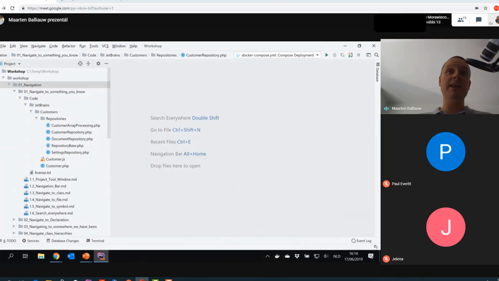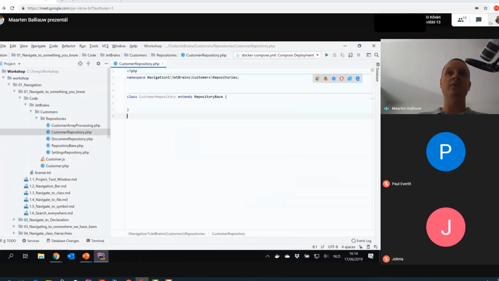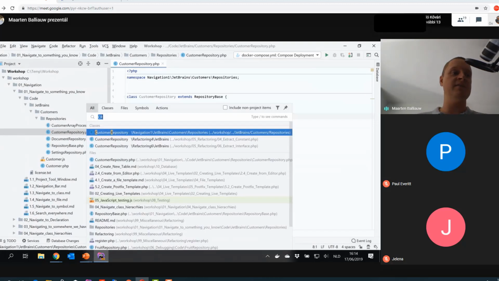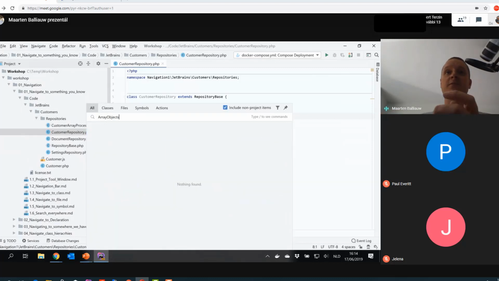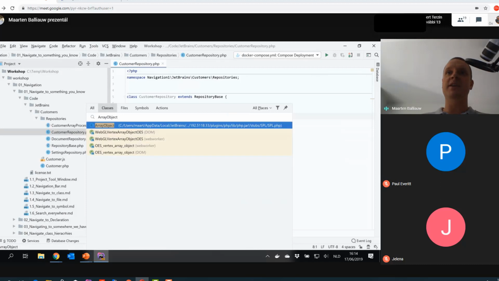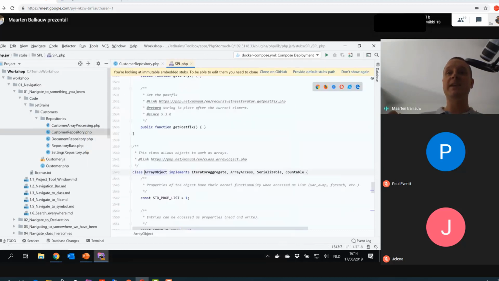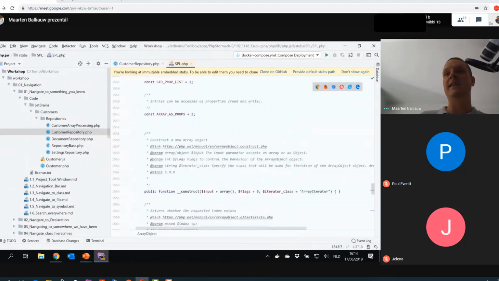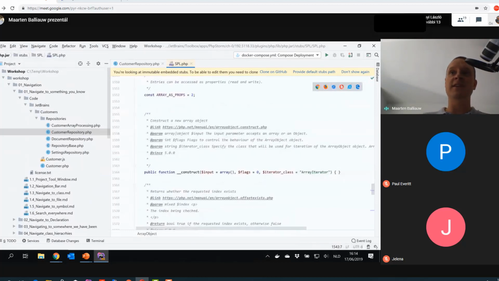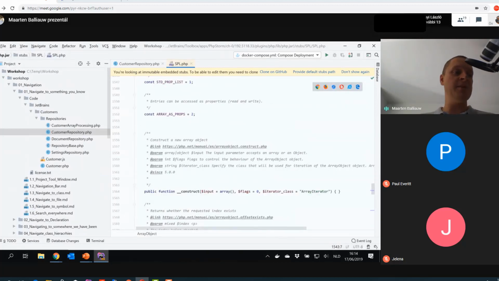We can not only navigate to the things that we have in our own code base, for example, so we had that customer repository, but we can also navigate to things that are outside of our project. So whether you're using NPM or you're making use of any of the base classes that are in PHP, what you can do is also search, for example, for array object, which is a type that is in PHP, and you will see that that type is found in the standard PHP library, and we can actually open it and see what is in there and look at how it was implemented and all of the function constructs that are in there. So we can see all that documentation if we want.